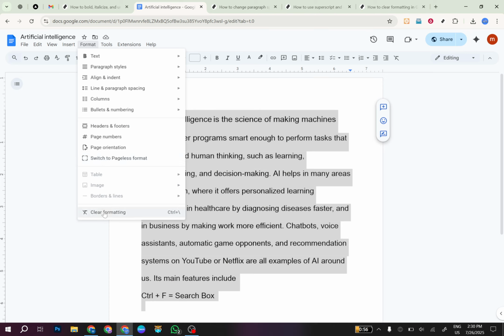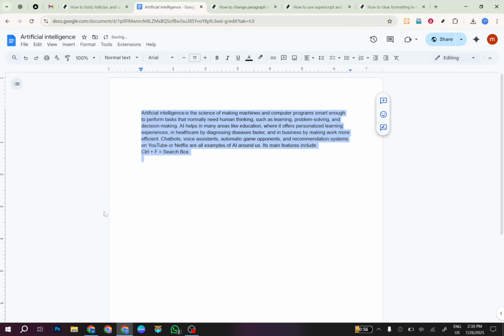Remember, practice makes perfect. Experiment with text areas to see how clearing formatting impacts your document. And soon enough, you'll handle it like a pro. Feel free to pause this video anytime and try these steps as you walk through the process with